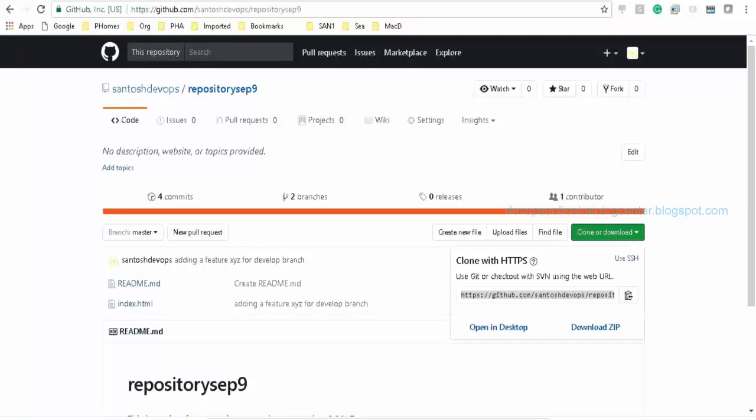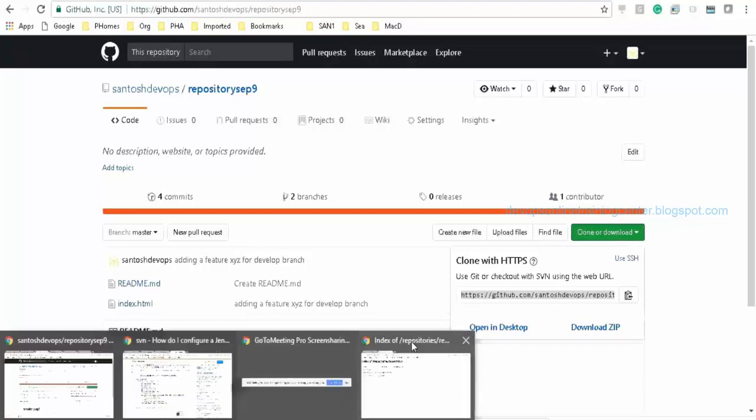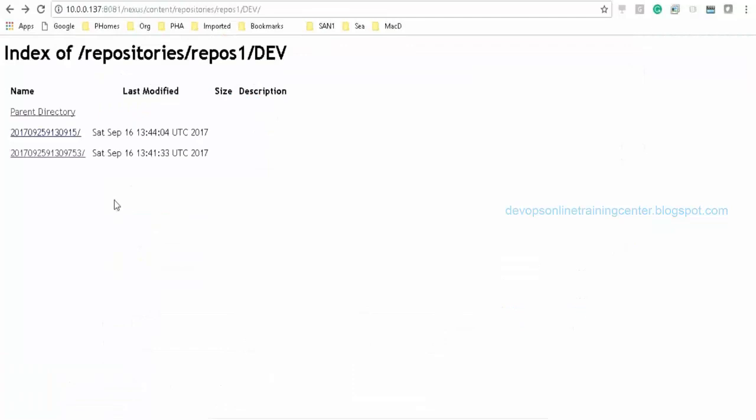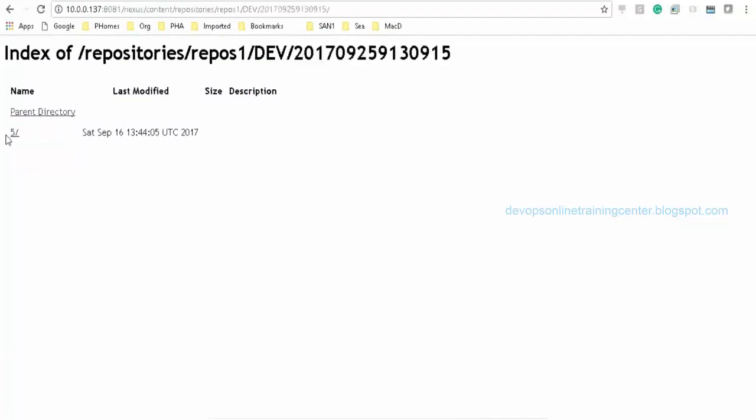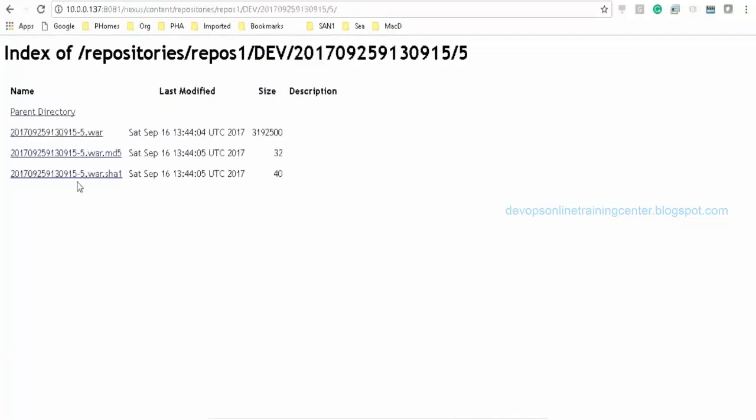So there will be a directory created here with the timestamp and it will push the build here if it is successful. Yeah, but I'm trying to understand, let's say a source code has been modified by somebody. Is the conversion to binaries automatic?